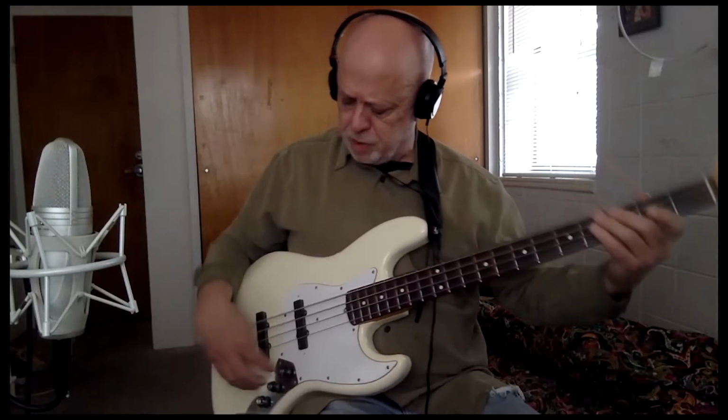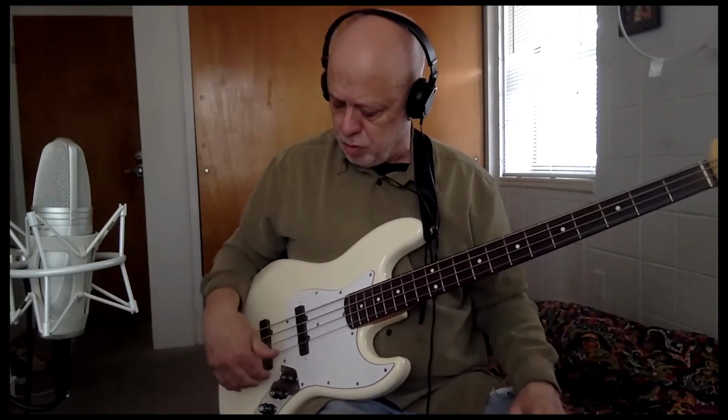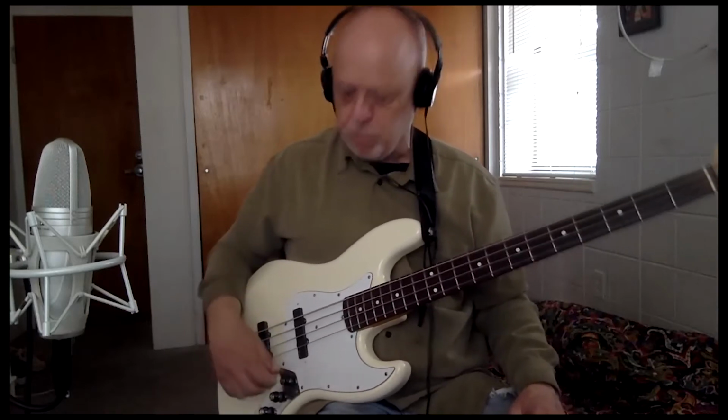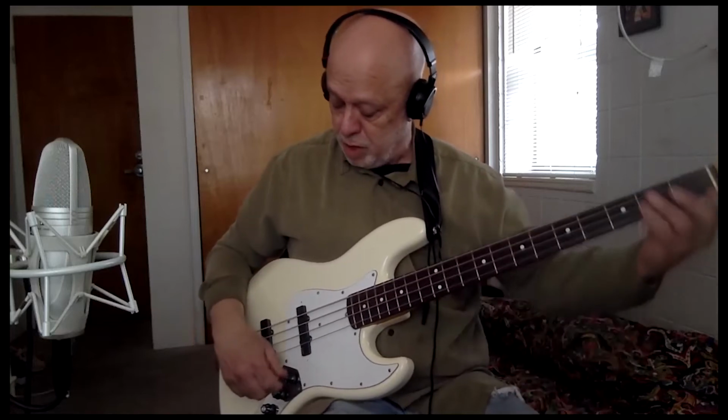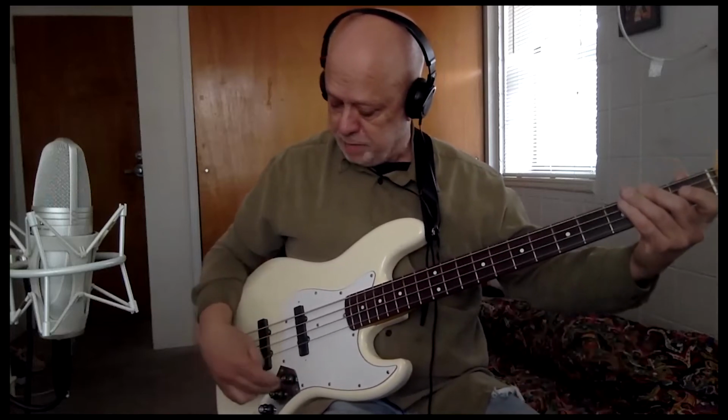Bob set this up so that it doesn't buzz, like I could control the blending between the two pickups, which is nice and interesting. I think most of us know that Jaco played a lot on the back pickup, at least that's what I think he was doing. So when we do that, we definitely